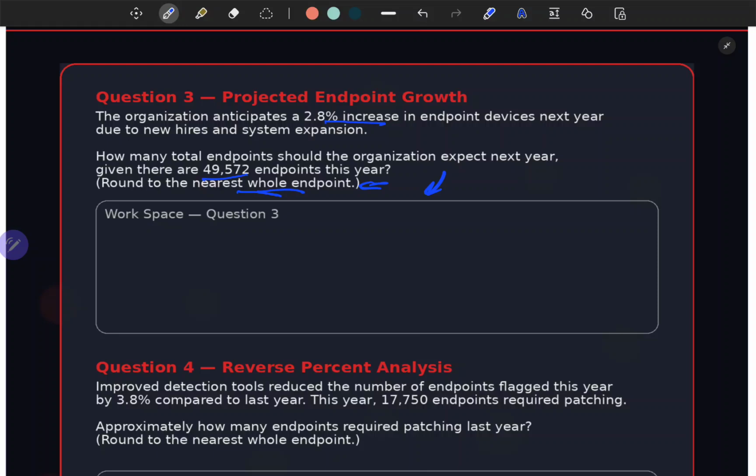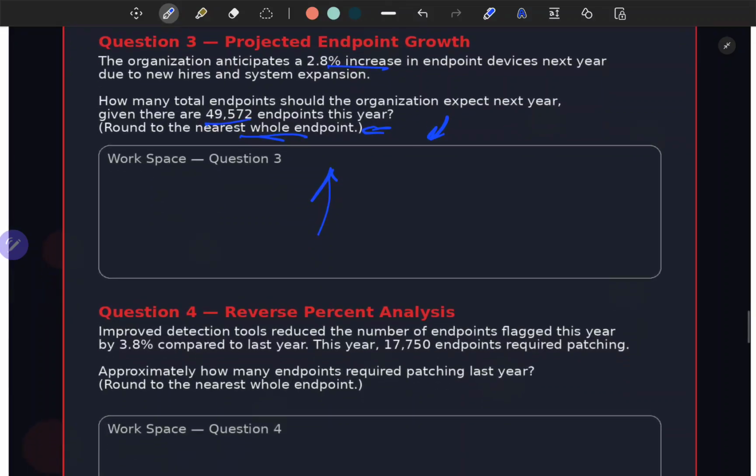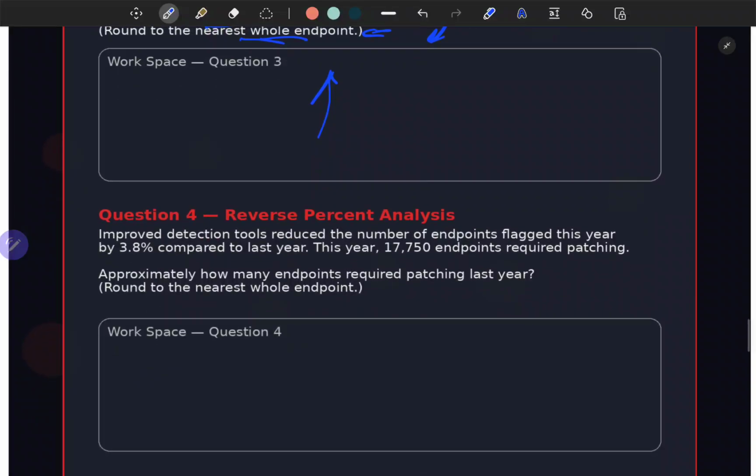So you would take that percentage and then put that together to get the whole package to the service, right? So if you think along those lines, you'd have tremendous success dealing with this projected endpoint growth question. And then a reverse percent analysis is if we think of the same concept in reverse. Instead of me thinking it was exceptional service and I'm paying extra for it on top of my $25 bill,